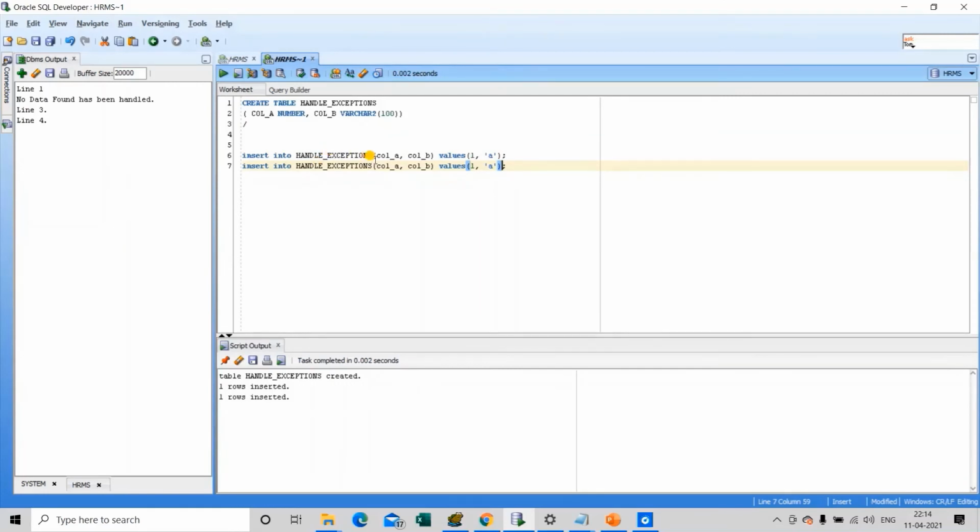We will be inserting the same record because we are creating a scenario for too many rows.